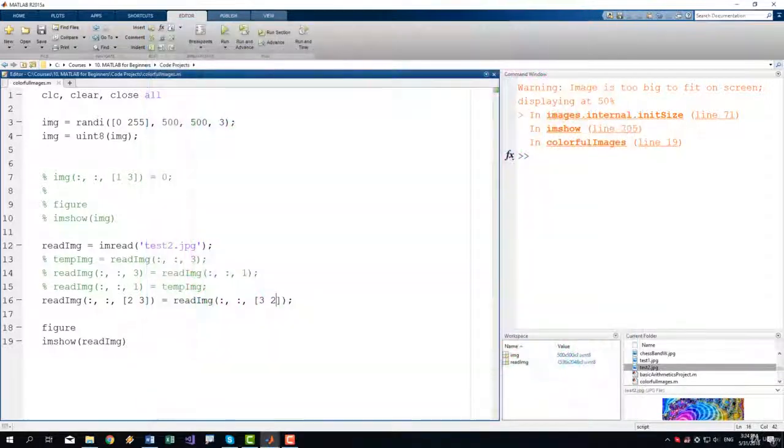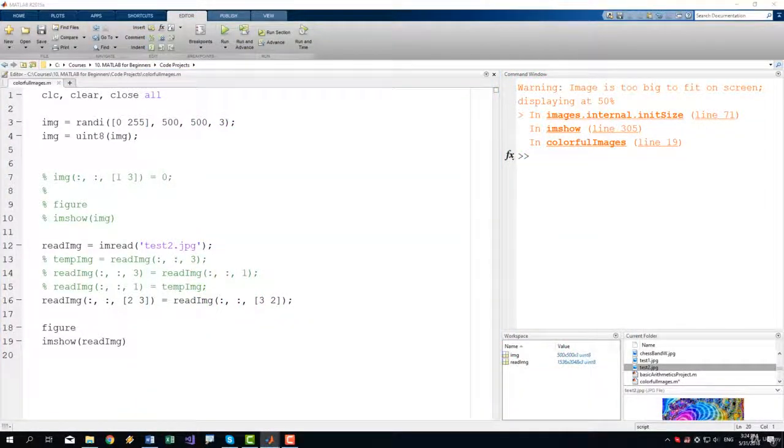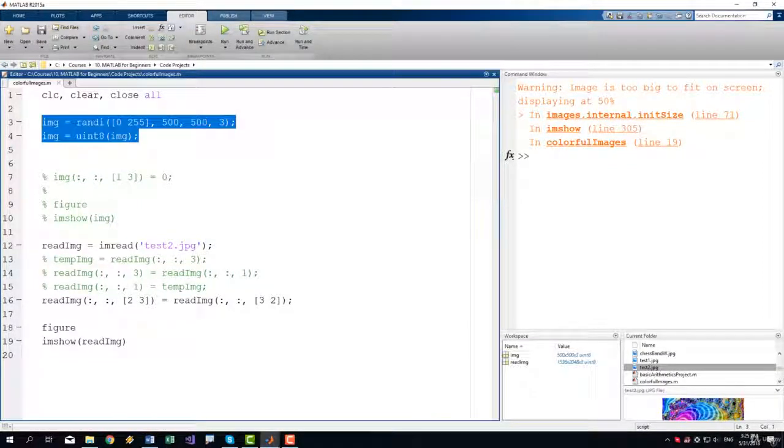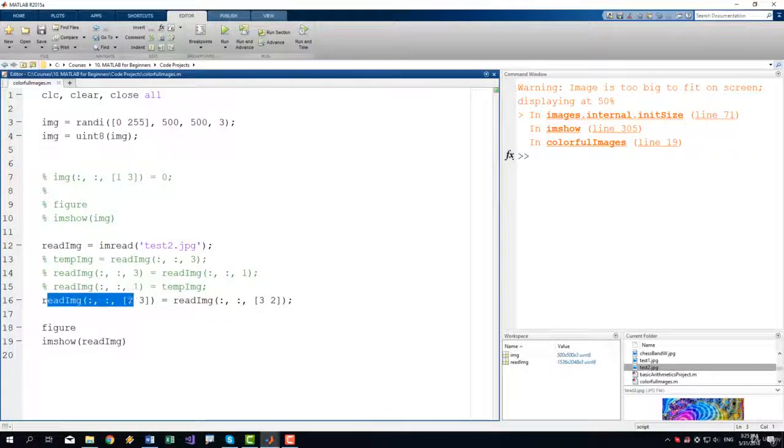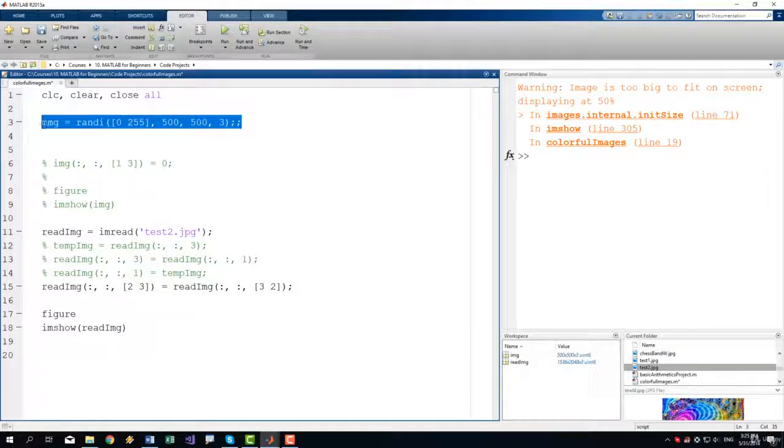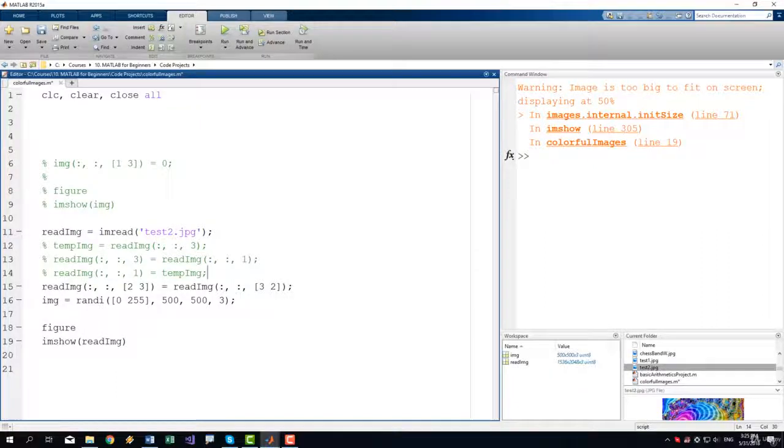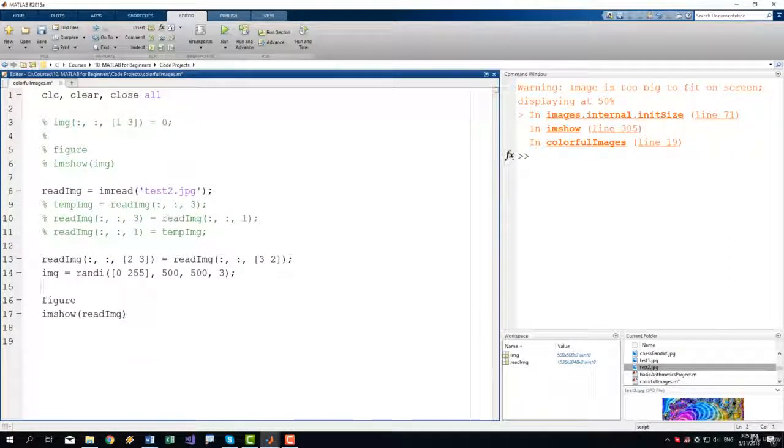Alright, and finally I want to show you how you can combine images, and this is actually very easy. We're going to add the randomly generated noise image to our image that we have just read. The way to do this is to simply generate the random image with the size of the image that we just read. So let me delete this. We are going to copy and paste this down here, and it got a bit messy, we're going to say instead of 500 and 500 we are going to say size of red image first,